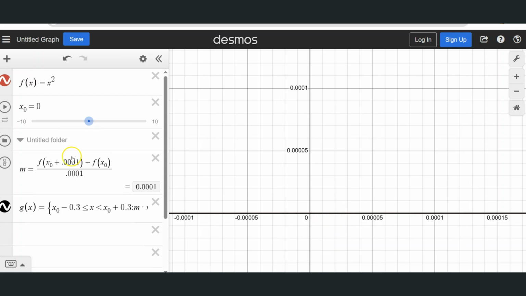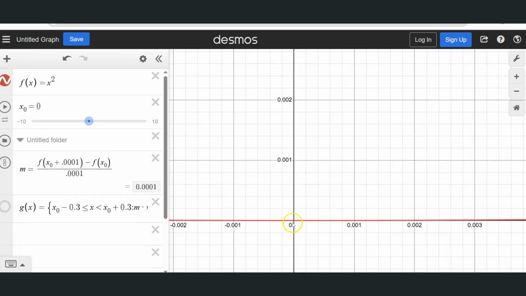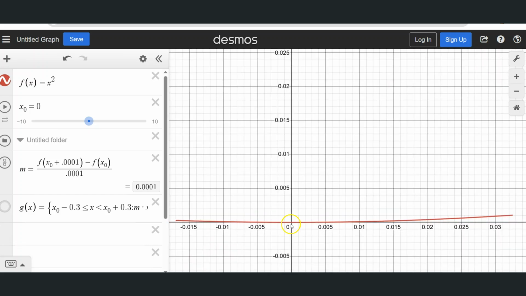We see that the red curve is essentially 0. So let me remove that black line, and you can actually see that's the bottom of the red curve, and we're not looking at it for a very large domain. We're from about negative 0.0001 all the way up to about 0.00015. So you can see that it really is the case that if you zoom in enough, you will see